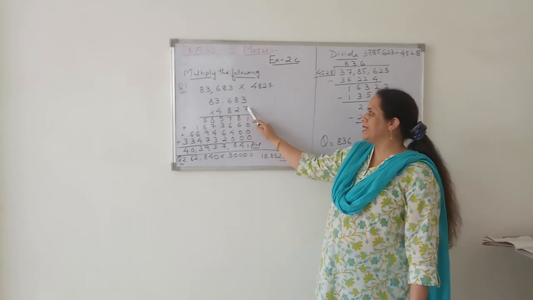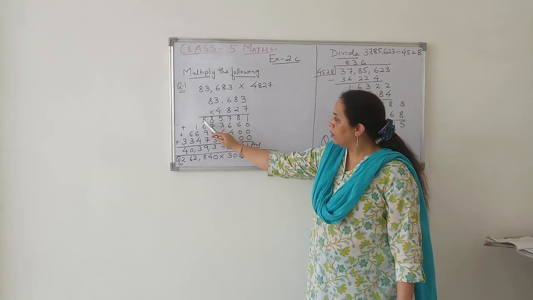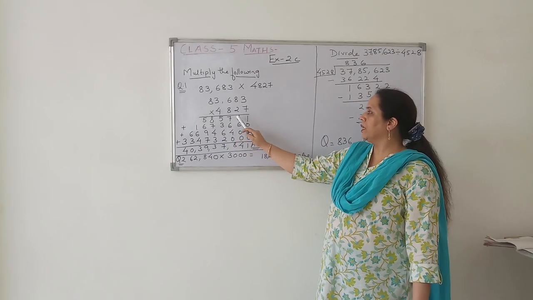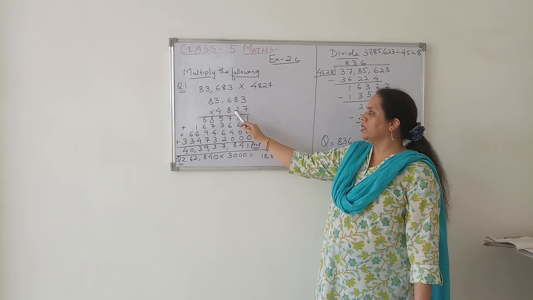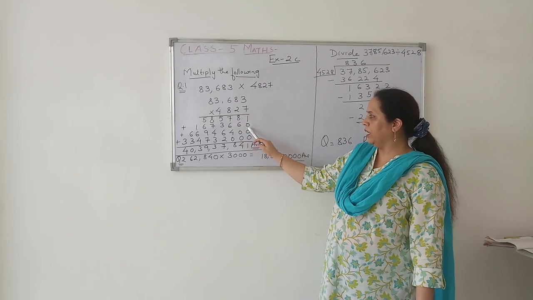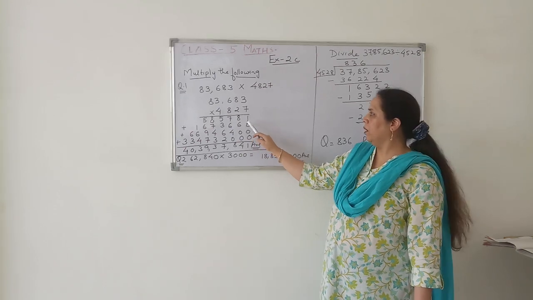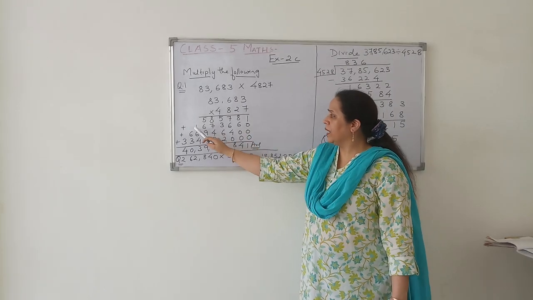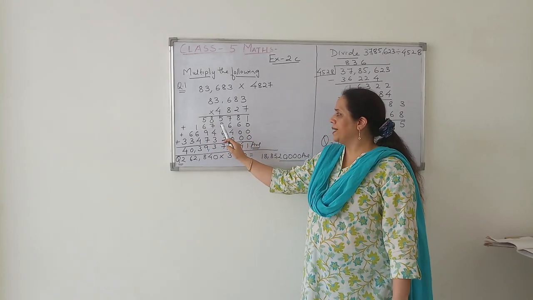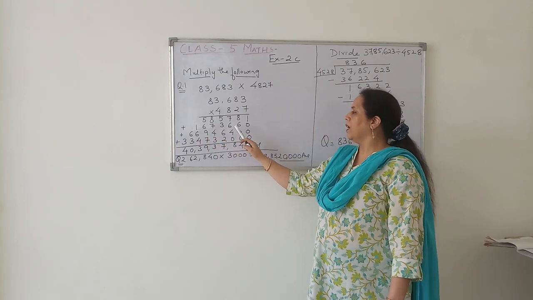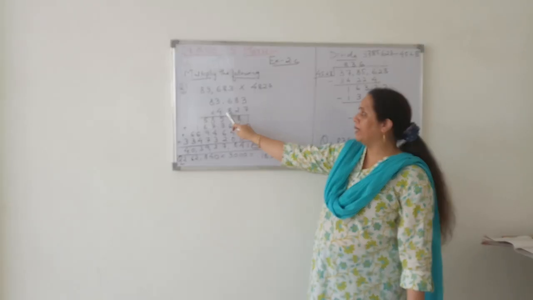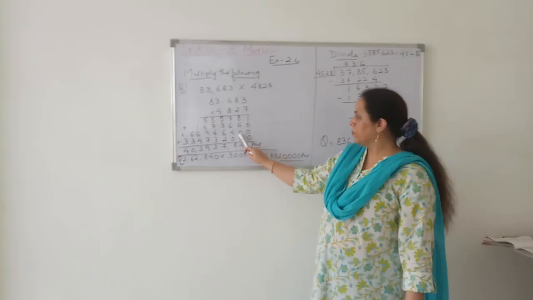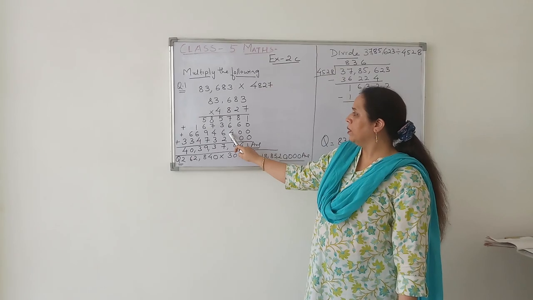First we will multiply by 7 and we will get this 5 lakhs 85,781. After multiplying the first number, we will go to the second number and we will leave this. We will put a 0 over here and then we will multiply by 2. Then we will get this number 663761, and after when we will go to multiply by the third digit, then we will leave the 2 space here.